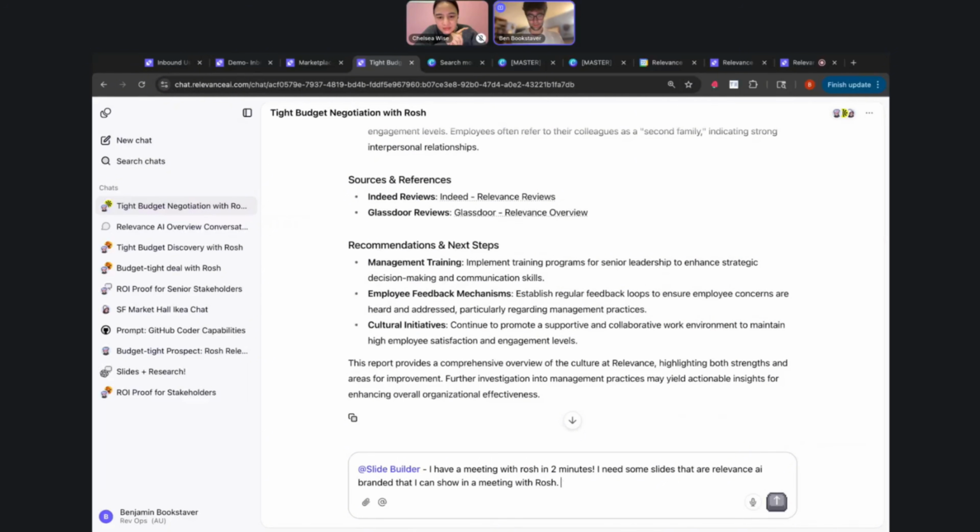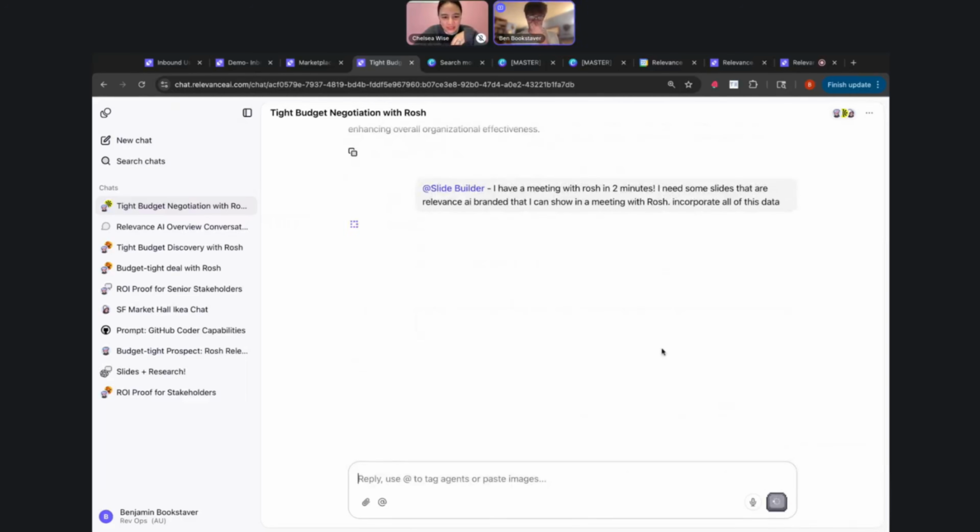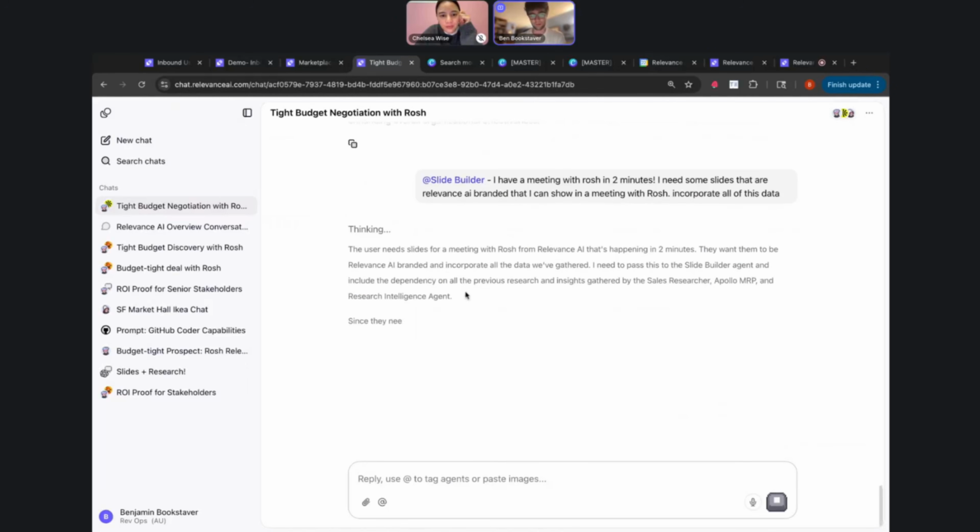Incorporate all of this data. So what's going to happen here is Slide Builder is a native agent to chat, and it's just going to start thinking about how slides are going to be made.